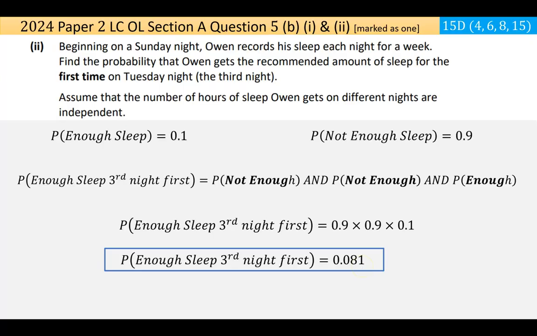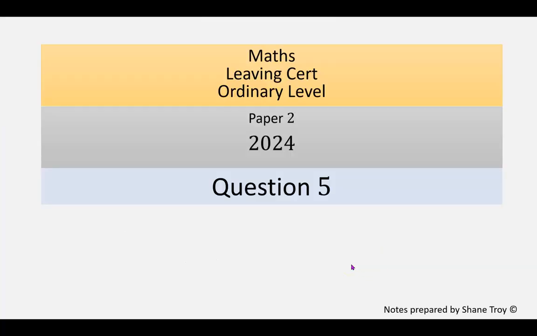Probability scores between 0 and 1. If you want to change that to a percentage, you can multiply 0.081 by 100, and you get 8.1%. That should be it. So that's the end of question 5. A tricky question,